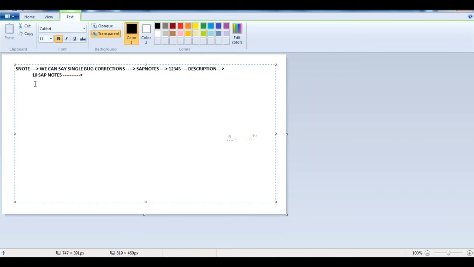In 10 SAP Notes we cannot read everything. If you read 10 SAP Notes, it will take one day, so we are wasting our time. Whenever I search based on the error in Service Marketplace and find 10 SAP Notes, I first need to find out which one is suitable for me.